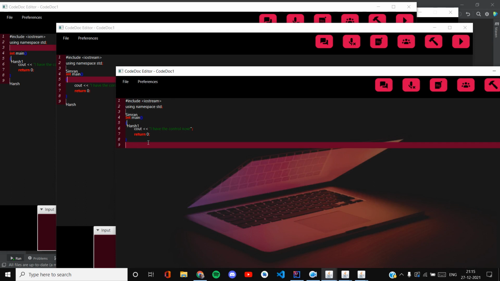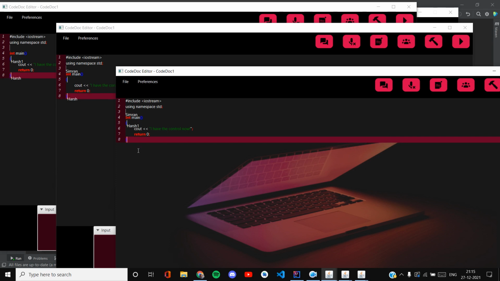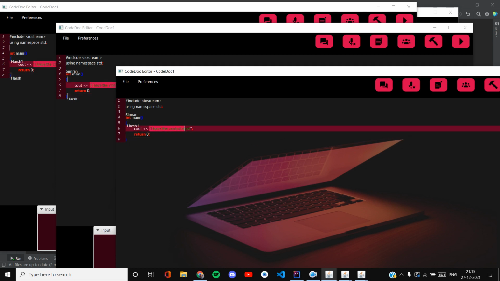Now if I make any changes to the code doc, those changes will actually be reflected on everyone's screen. So this is the code doc content change part, and the cursor streaming also, that the position of the cursor is being streamed to everyone as I change it. Another important thing is the selection part. If I have to highlight some part of code, I can simply select that and others will be able to see what I have selected on their screens as well.